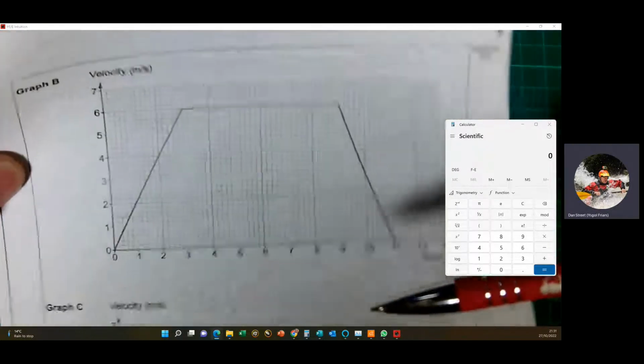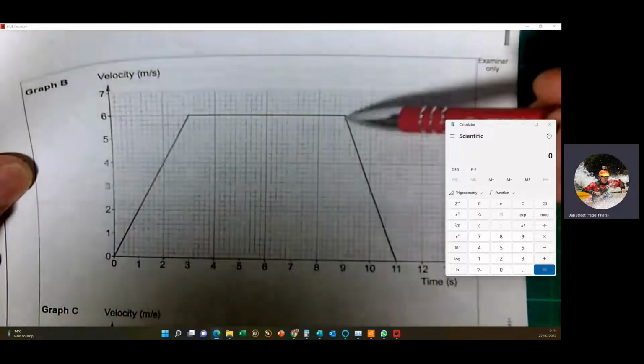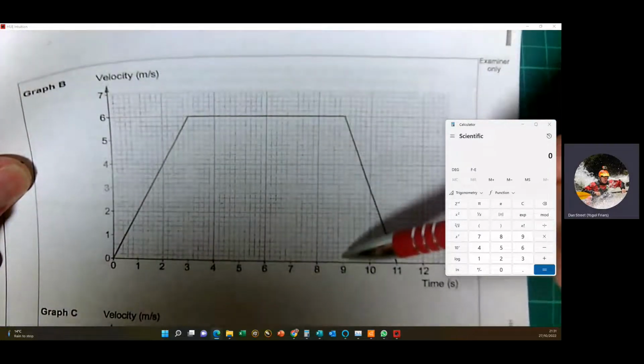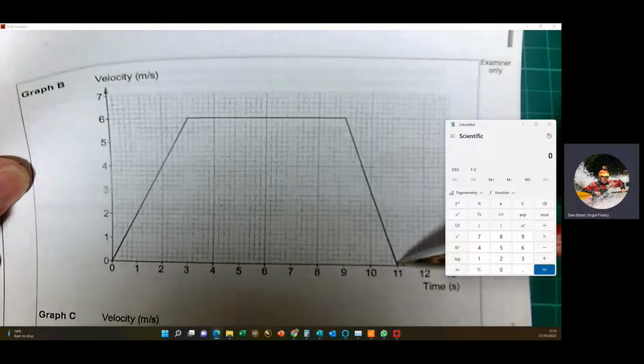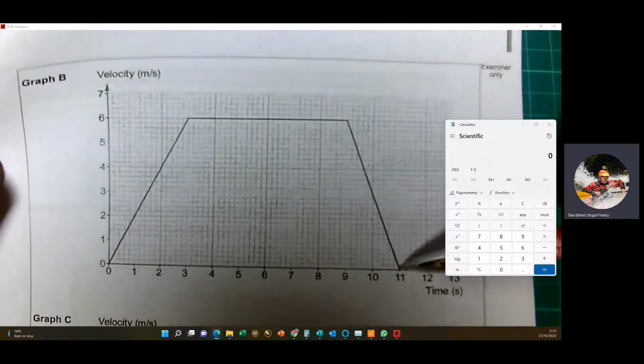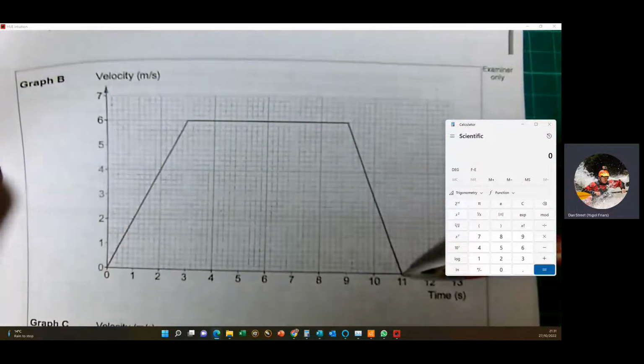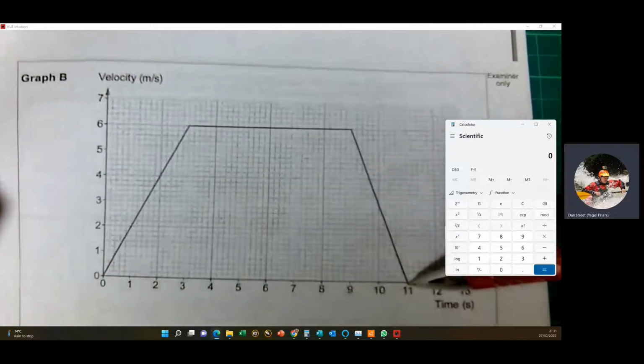On this graph at the top here, we can see that the time that they start to stop is again 9 seconds. In fact, this looks remarkably similar to our original graph. So again, this is unlikely to be an icy pavement because in the original text of the question, it was stated that the pavement was dry, on which the